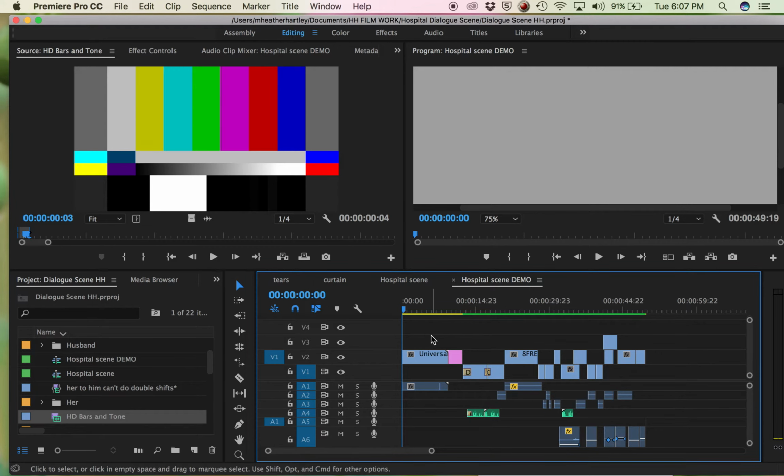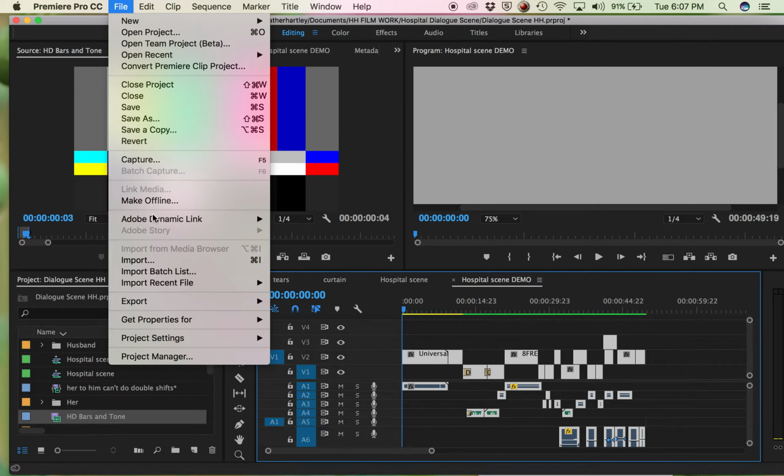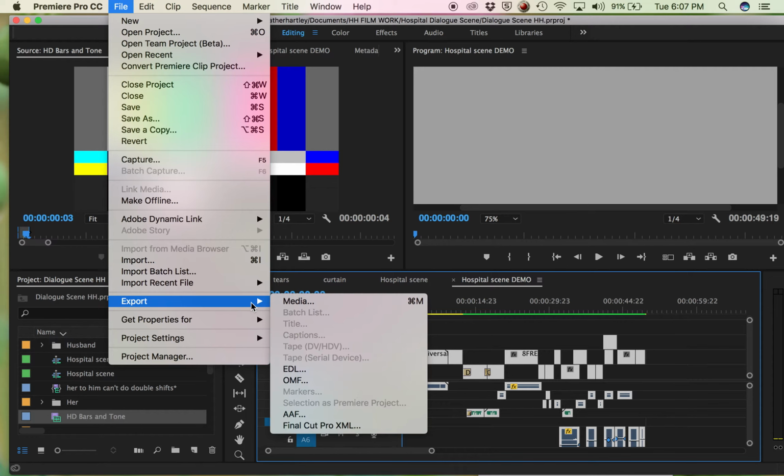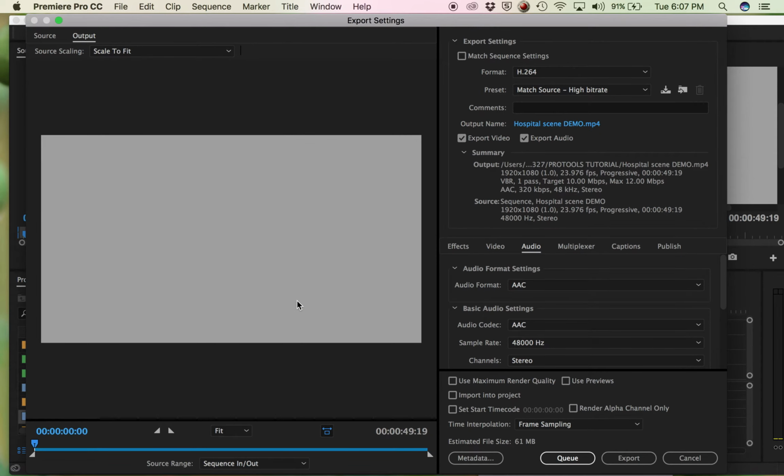You're first going to export the entire film as a QuickTime, so I'm just going to highlight everything. I'm going to say export, then media. It's going to ask me, is this everything that I want to take out? Am I taking both video and audio? And yes, you are. You're making a reference file that's going to help you when you get over to Pro